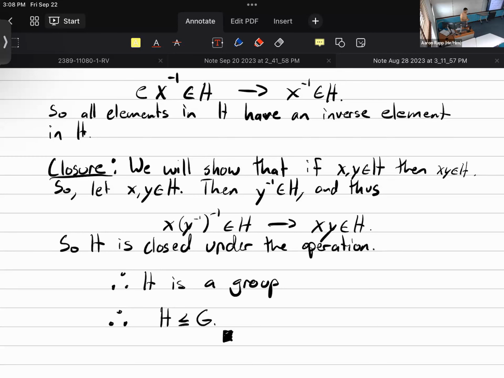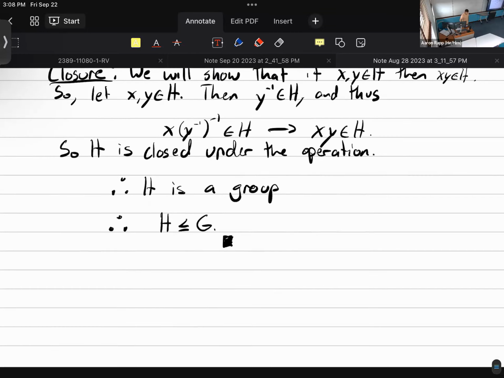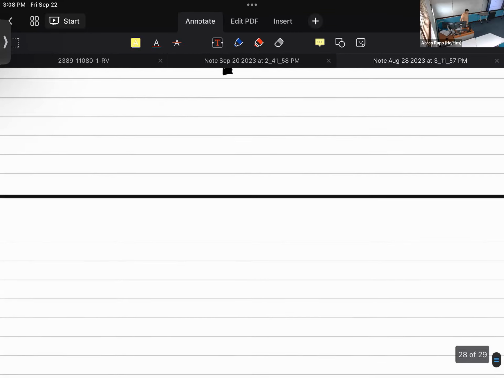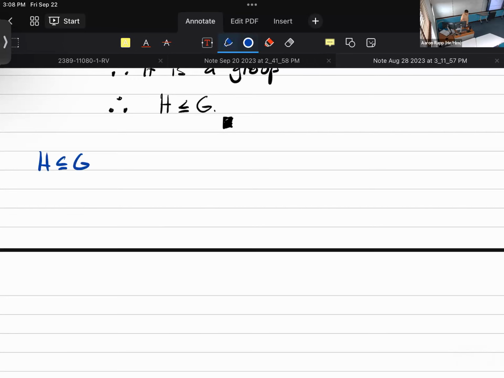So the notation is always going to be the same, being the less than or equal to sign. However, now we're without the equal. That just comes from the subset language. So if H is a subset of G, there's the possibility that H and G could be the same thing.